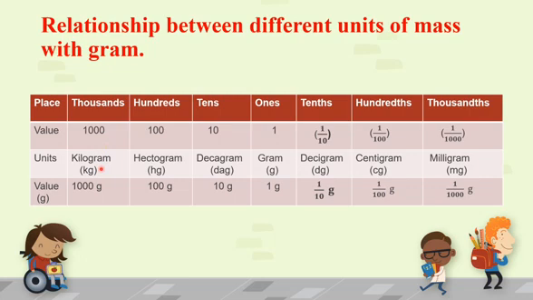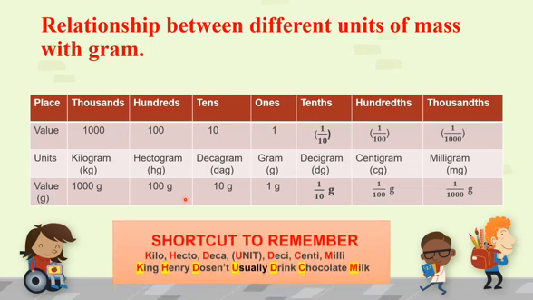So what have you noticed here? That again the prefixes are the same. Everywhere you will have kilo, hecto, deca, deci, centi, milli. So you have to remember this. And what was the shortcut given? The shortcut to remember was: King Henry doesn't usually drink chocolate milk. King is K, kilo; Henry is H, hecto;